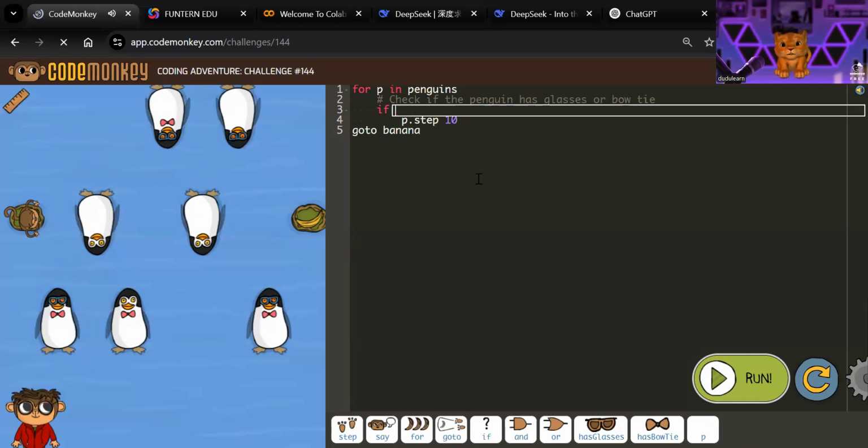Yeah, so that was just a hint. Yeah, now, okay. Okay, let's see. If P has glasses and P has bow tie, okay, which will mean that these